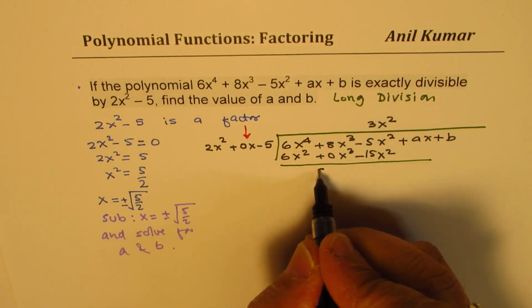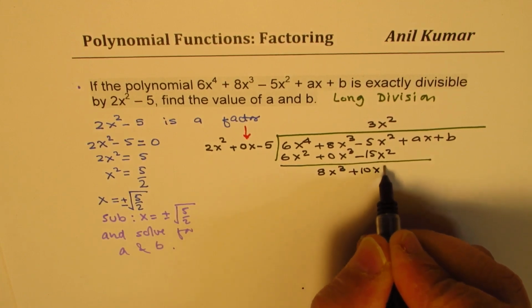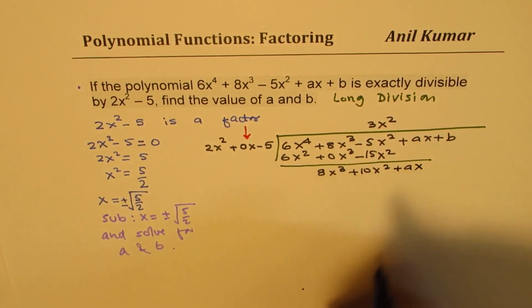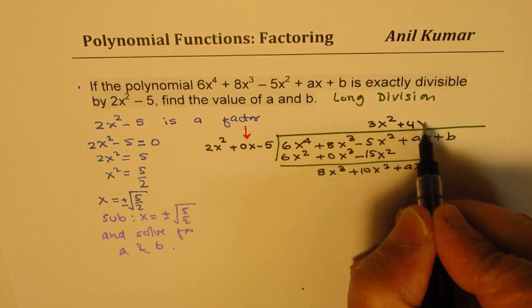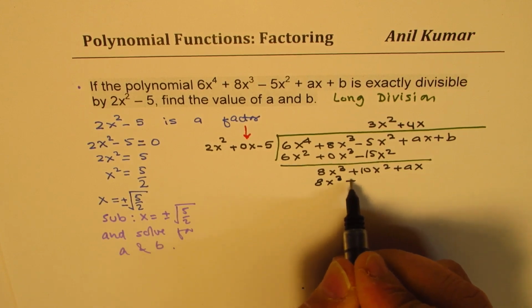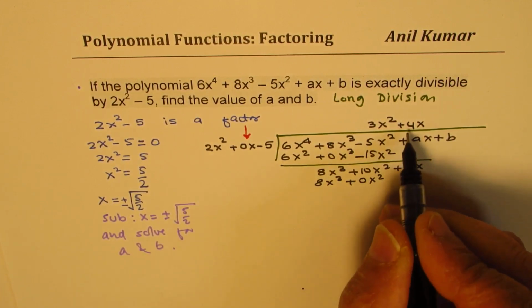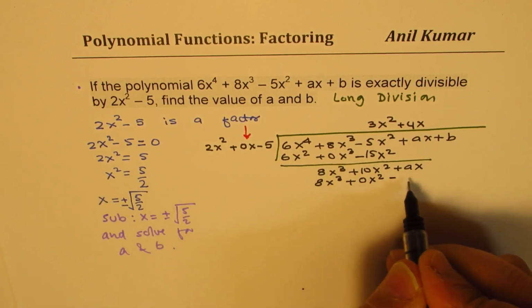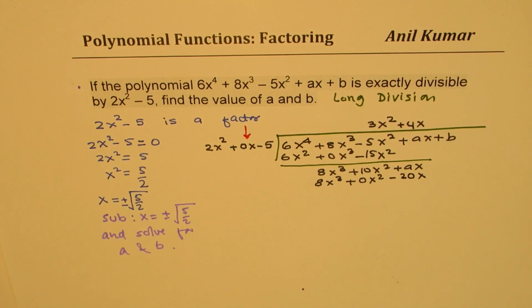So here we get 8x cubed plus 10x squared plus ax, and 8x cubed means by 4x, correct? So multiplying by 4x, we get 8x cubed plus 0x squared. So this is a placeholder. It doesn't really change, right? But 4 times minus 5 will be minus 20x. Now if you take away,